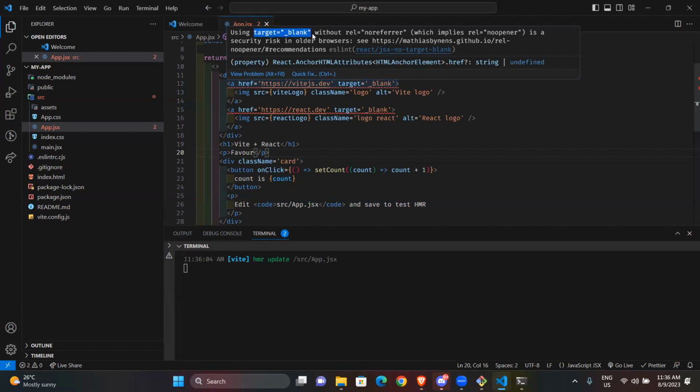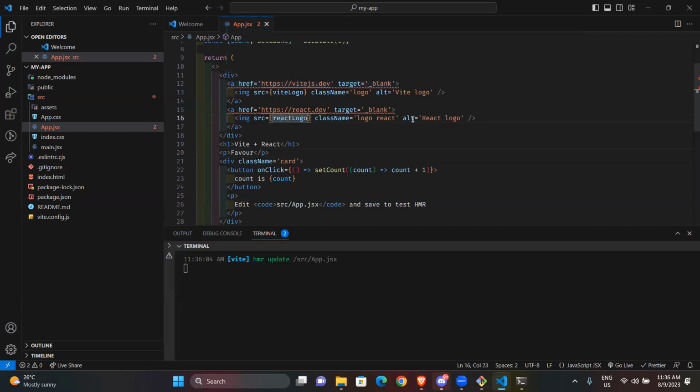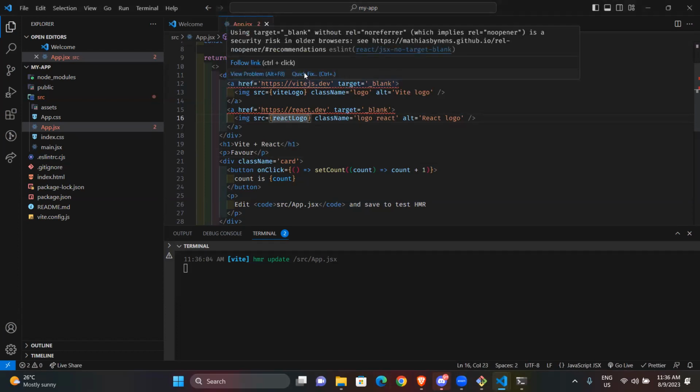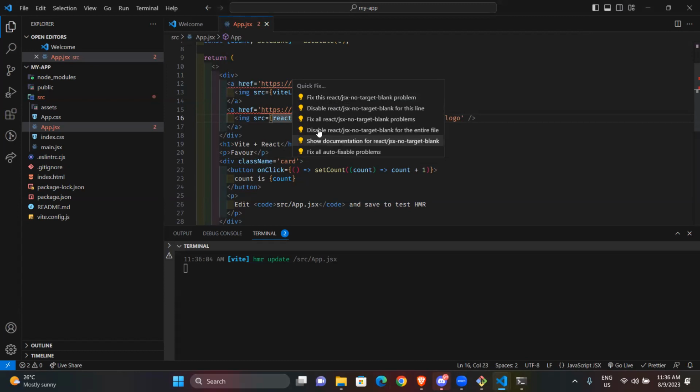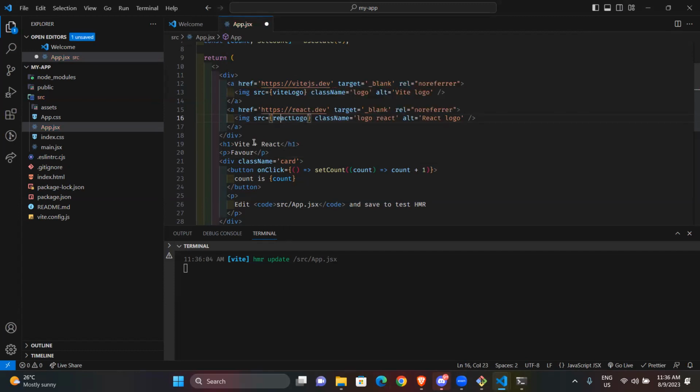Let me just fix this for us. Fix all auto-fixable problems. So that fixes it. What we needed to add was this rel noreferrer, that kind of thing.